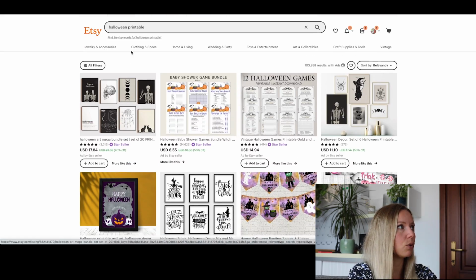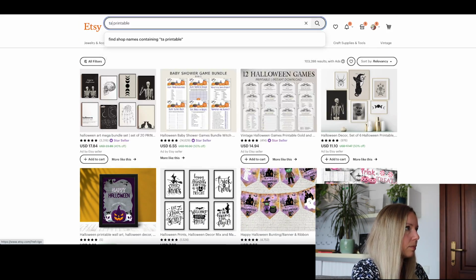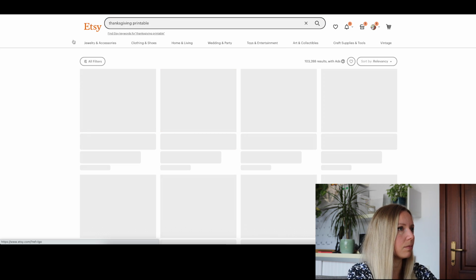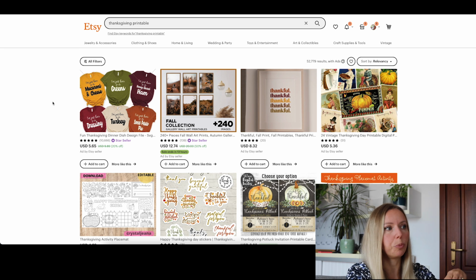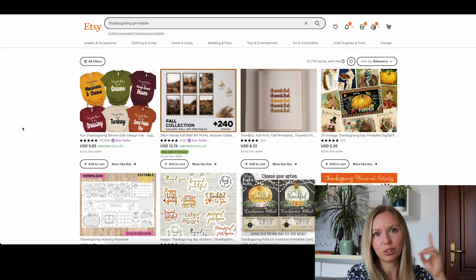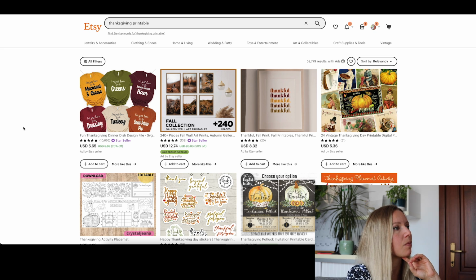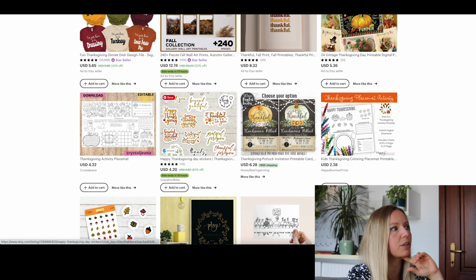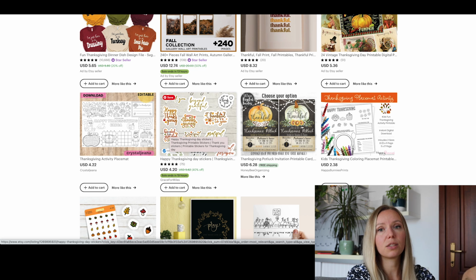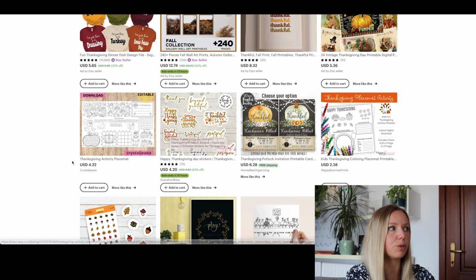Okay, now let's take a look at Thanksgiving. Again, I would not do the prints, but let's see what other options we have for inspiration, not copying, only inspiration. You have to put your own twist on things. Be original and don't steal other people's designs. These are some very cute stickers, I really like them. I think this one is only selling the sticker files and not the stickers themselves, because I think it's too cheap for these many stickers to be shipped to you.